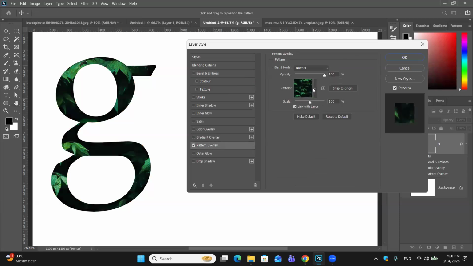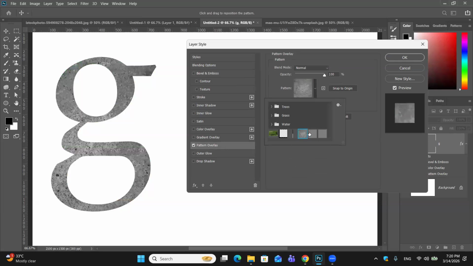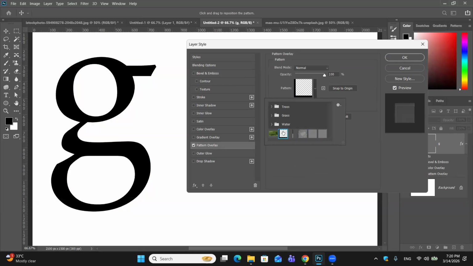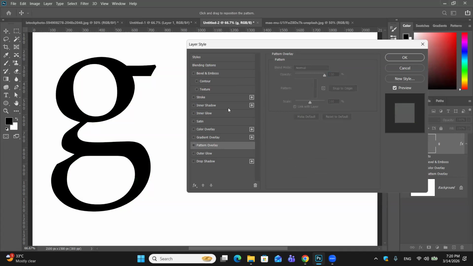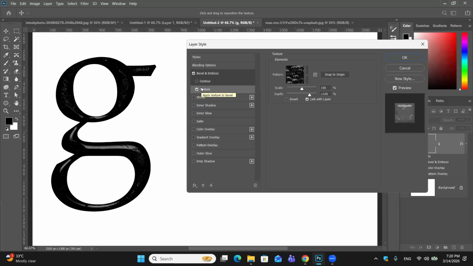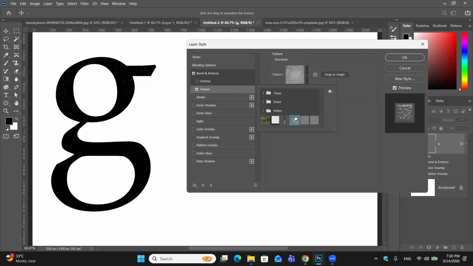First, you come to pattern overlay. So you can apply any kind of pattern which we have created. Whichever pattern we have created, it will come. So always remember, patterns are two-dimensional effects. But in texture, what happens if I go to a texture? It will give a 3D effect. Now, for example, if I apply like this,